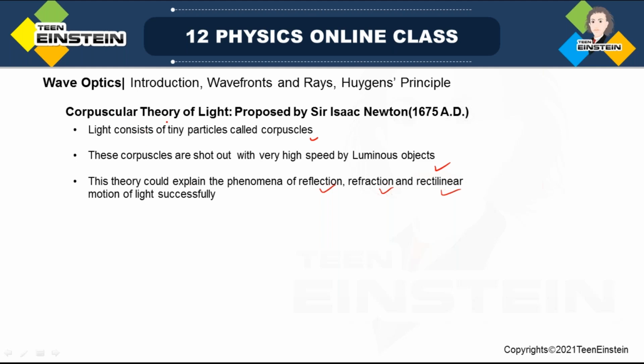This corpuscular model was proposed by the scientist Descartes, long before Sir Isaac Newton. Later on, Sir Isaac Newton developed this corpuscular model or ray optics by his own, and according to it, light consists of